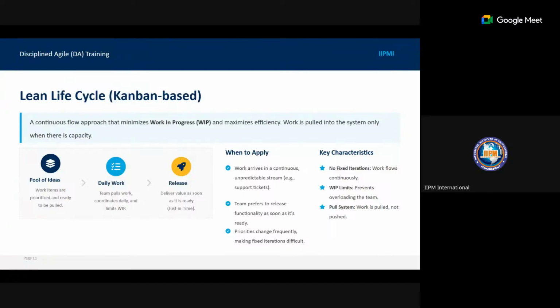Just like in the cybersecurity class, we had what we call open source intelligence. Your DA, when it comes to project management, is more like your open source intelligence for project management.